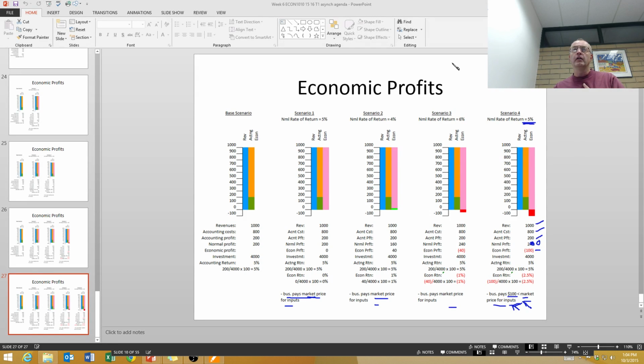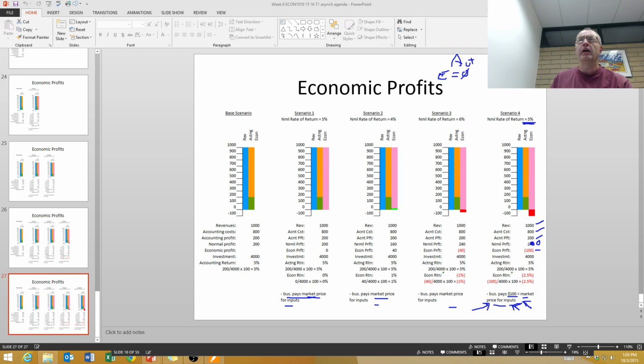So our accounting return is $200. Our economic return is originally 0, but then we find out that they've been underpaying for one of the factors of production by $100. So the entrepreneur is not getting paid what he would normally get paid. He's a skilled fellow, he can normally earn wages of $30 an hour, but when he works for his own business, he's only paying himself $20 an hour, and so he's foregoing $10 per hour there, so he's incurring an opportunity cost of $10. So when we factor in that opportunity cost,